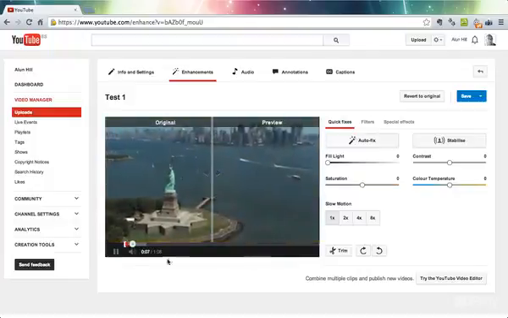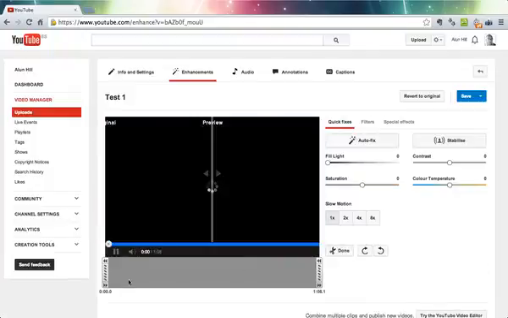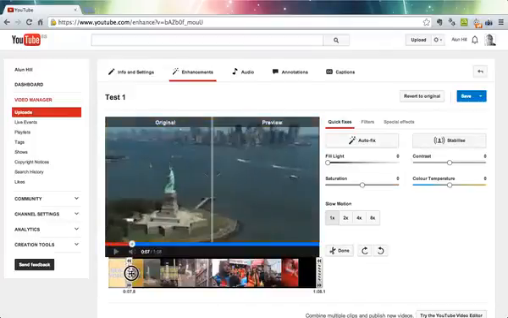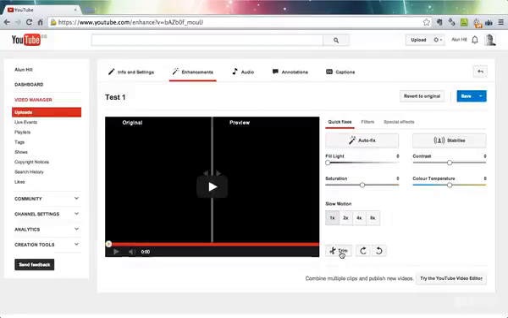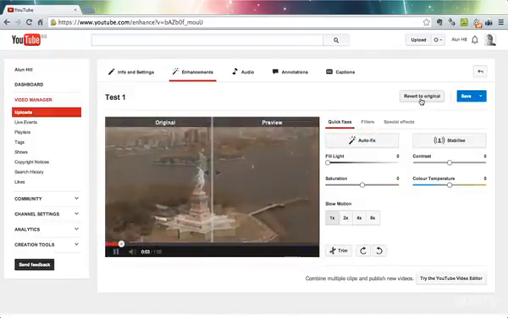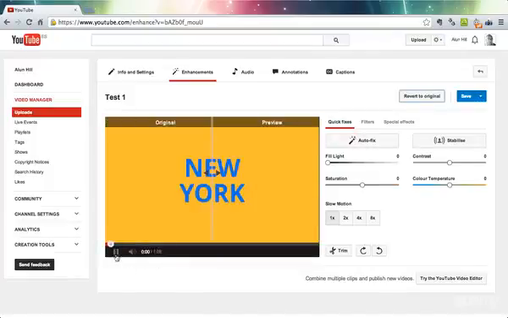So I'm not happy now with this film as from there, let's say. I can click trim. I can bring that in to wherever I want to come in, which is perhaps there. And I can click done. And I've now got rid of that title off the beginning. So there's a bit of your film you don't like, you can see the film starts right wherever I want it to. Again, before I save, I can press revert. This is all done in the cloud, and you'll see the original film is still there,